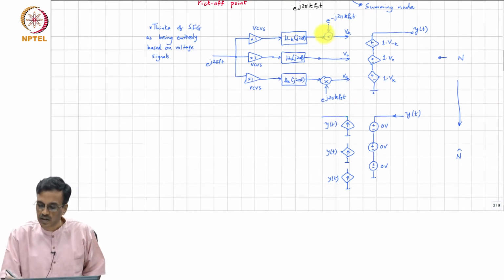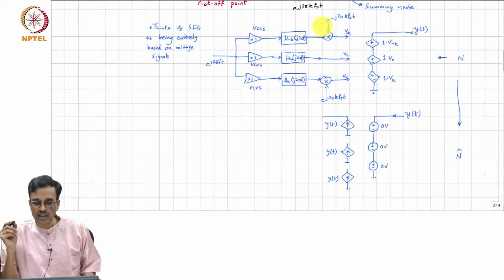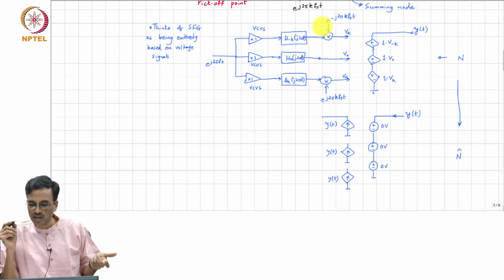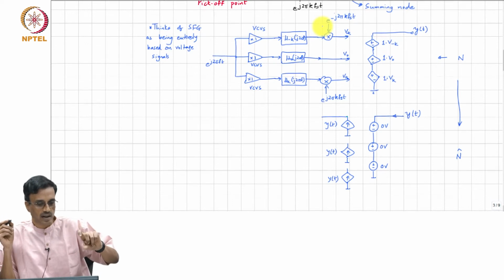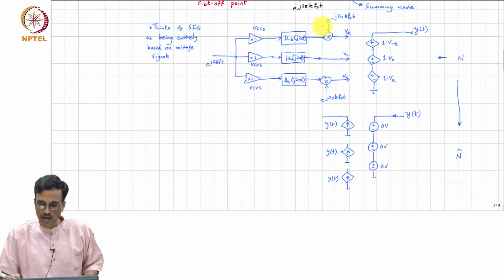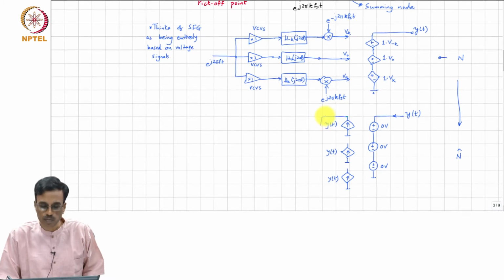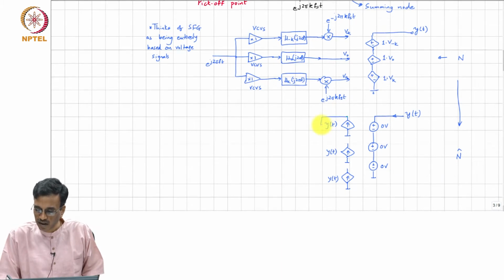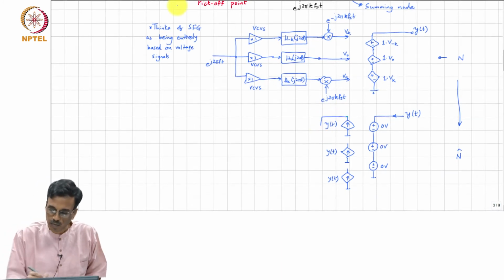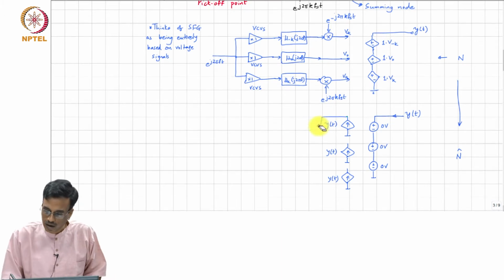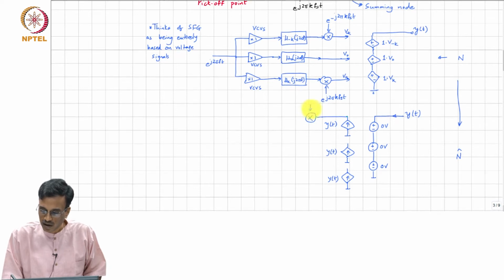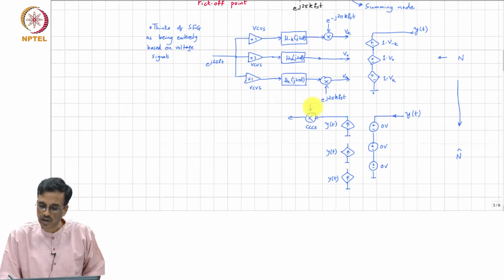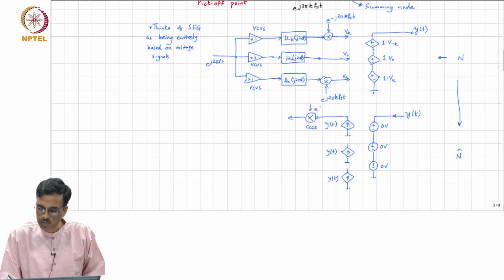So, we have a gain here. This gain is a time varying gain. So, this is a voltage controlled voltage source in N. It must now become a current controlled current source. So, what must its gain be? Gain has to be like t replaced by minus t. Very good. So, this current y of t basically must now be a current controlled current source. So, I am going to just draw the same multiplier, except say that this is a CCCS, current input, current output. And the key point to note is that the gain must be time reversed.